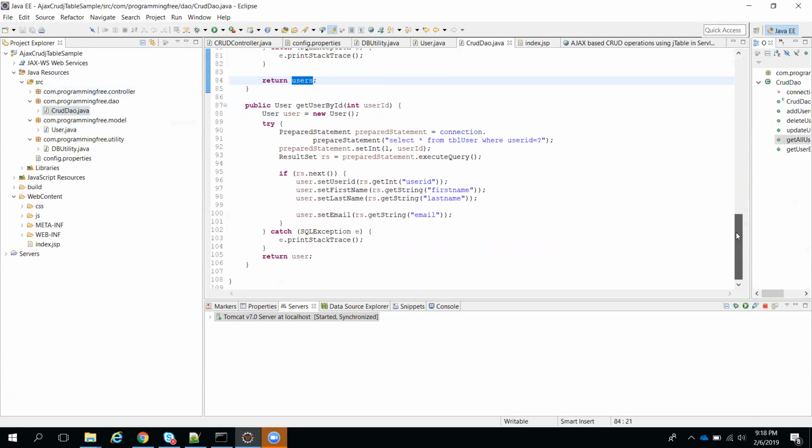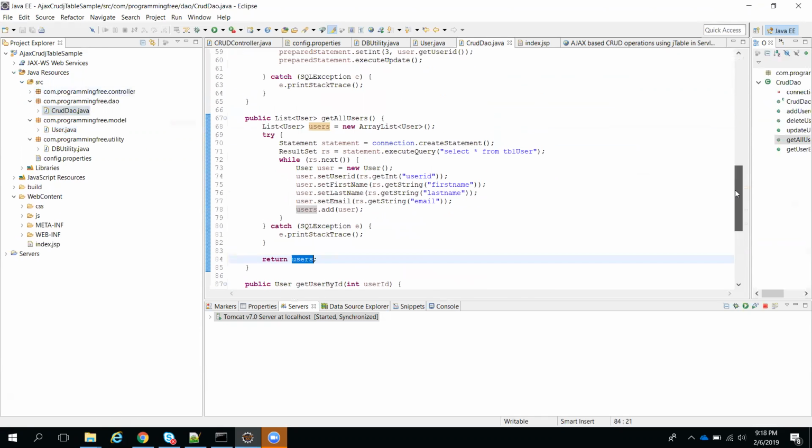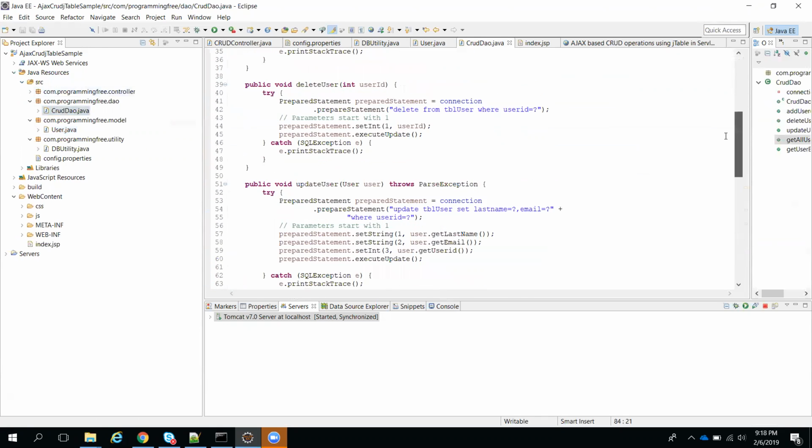So where is the update query? See here, update table set last name, email, and where user ID is equal to, means based on user ID. That user ID, how we are getting it, will be passed from here, get user ID. Means we are setting some values for the user like email, last name, based on user ID.